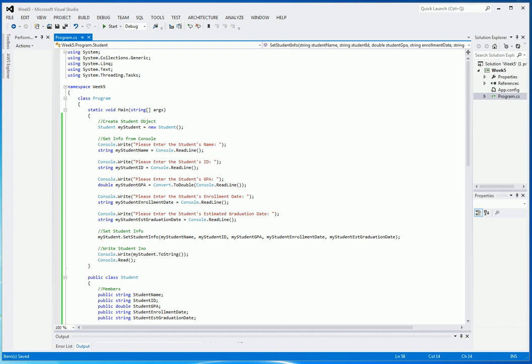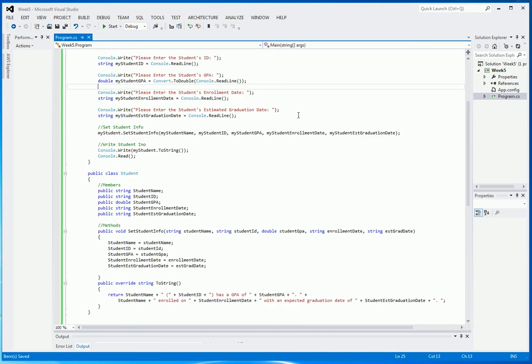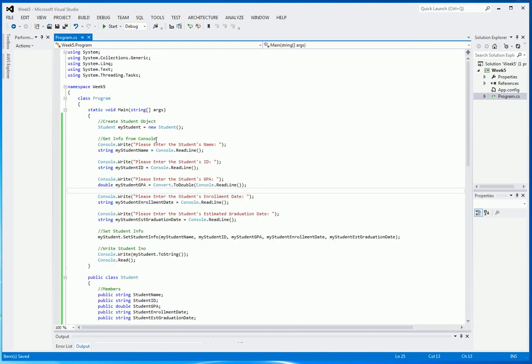Hello class. This week we're going to continue our discussion on classes, and we're going to start off talking about constructors. As you can see on your screen, I have a truncated version of this week's assignment. If you recognize some of this code, I will freely admit that I stole this from a couple of different students' assignments, but